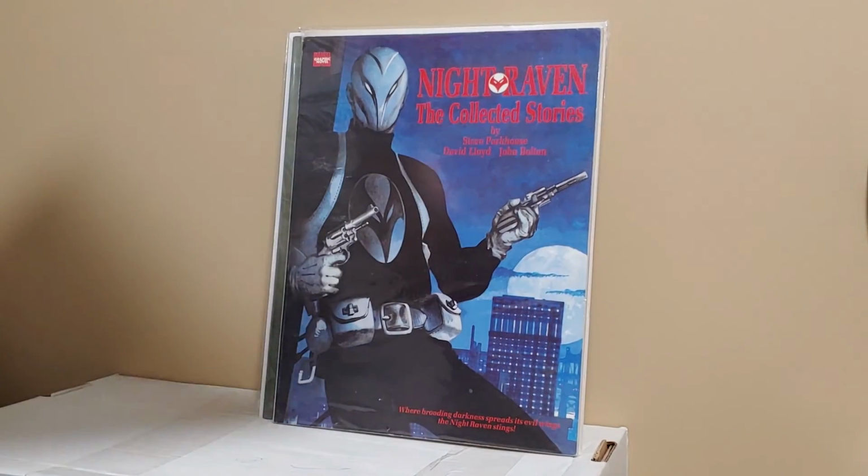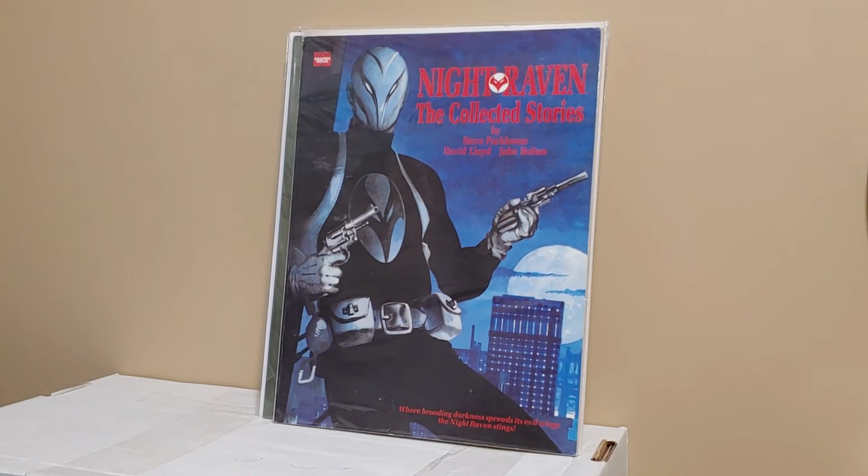And then I got a Night Raven, the Collected Stories. This came from Tom Ryan via a trade. I know I owe you a book or two, Tom, which I won't forget. But this is interesting because this was in the short-lived Marvel graphic novel UK line. Apparently they did a specific UK line of Marvel graphic novels, which is really interesting because the reason they did the Marvel graphic novels to begin with was to